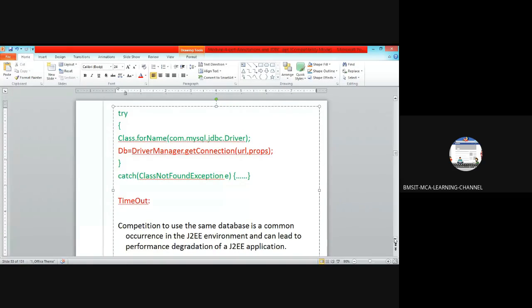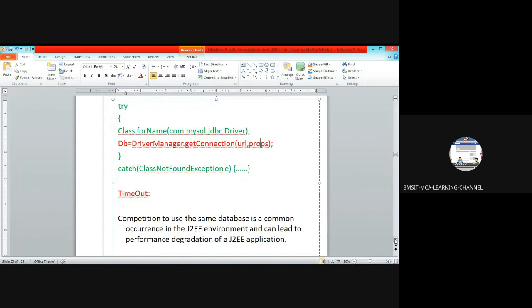You can also set the timeout. There is a possibility of attacks on databases if you do not set the timeout. This timeout is similar to a session timeout, but a session timeout applies at the application level, whereas this timeout applies at the database level.